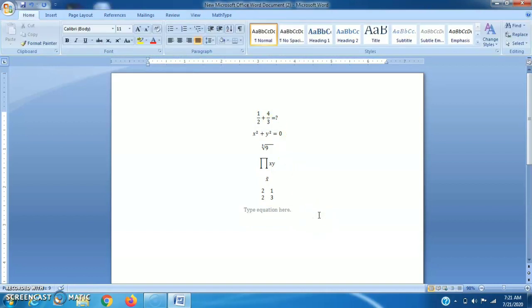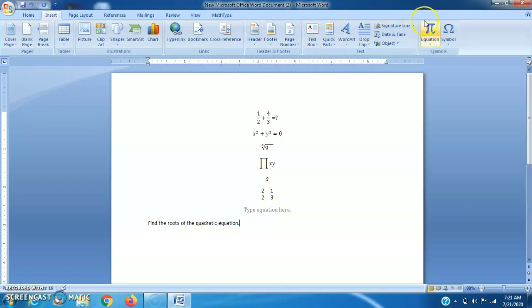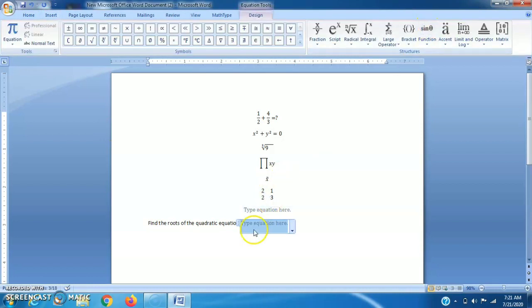Suppose I write an equation here. I write some text here: Find the roots of the quadratic equation. Which quadratic equation? Then I have to insert it here. I have to go on this and write.